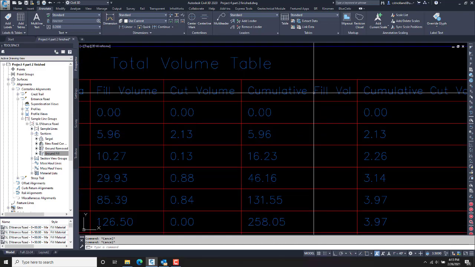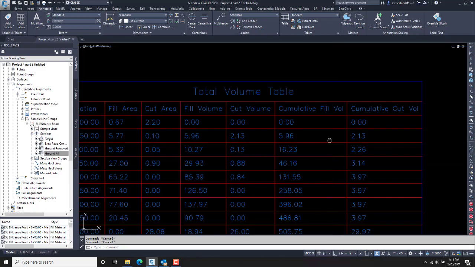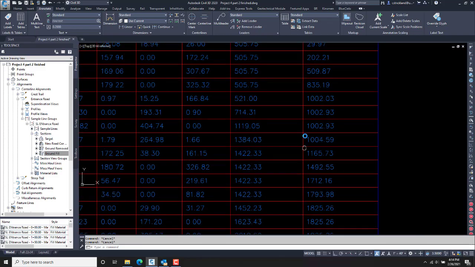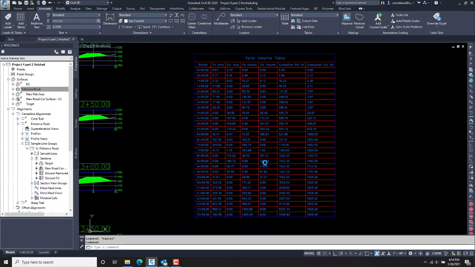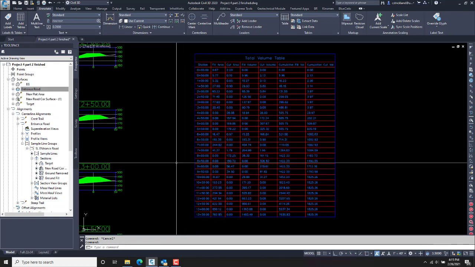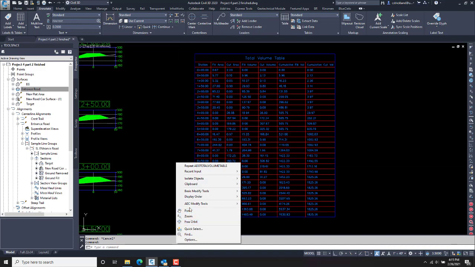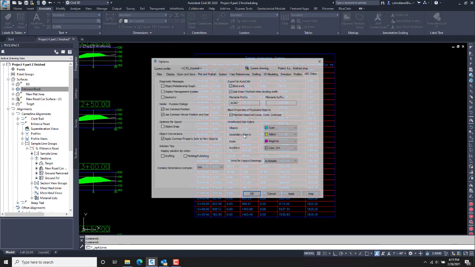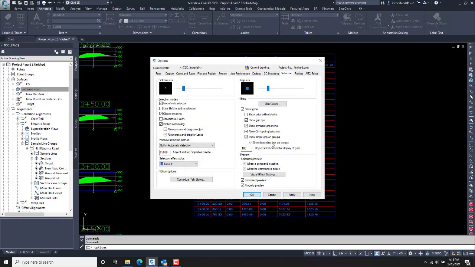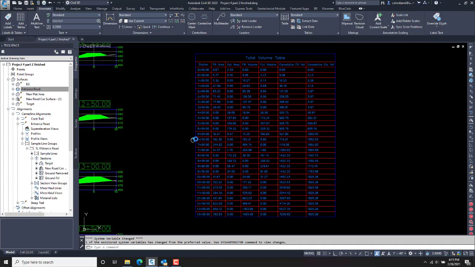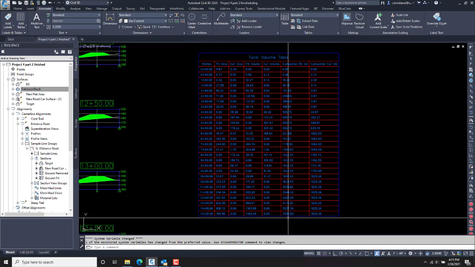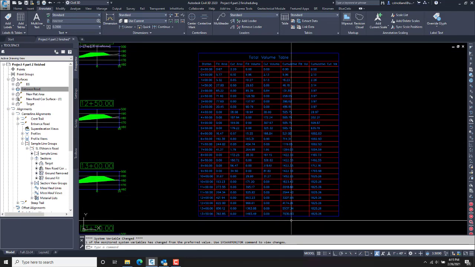7,000 fill, and we've got 1,800 cut. So here's my volume table, which is blinking every time I hover over it. So let me do one thing here in the options. Pop over here to selection, when a command is active or not active. I don't want it to highlight, so now I can hover over it. Here we go. 7,000 cumulative fill and about